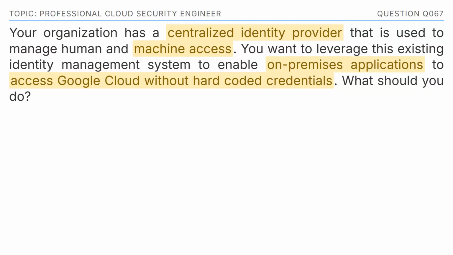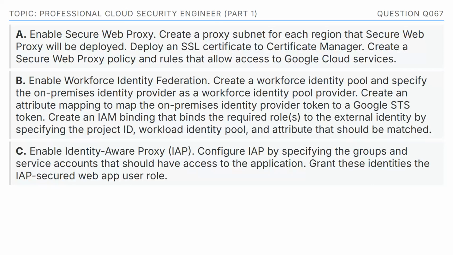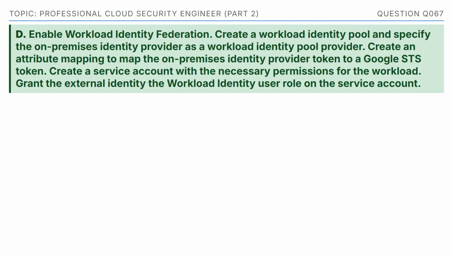To arrive at the correct answer, we focus on the keywords: centralized identity provider, machine access, on-premises applications, access Google Cloud without hard-coded credentials. Review the options on screen. The correct answer is option D. Enable Workload Identity Federation. Create a workload identity pool and specify the on-premises identity provider as a workload identity pool